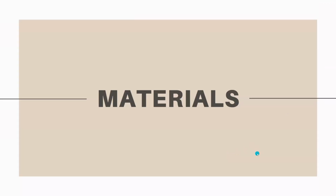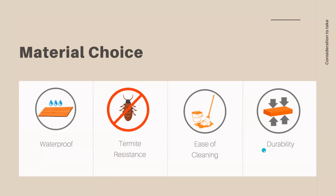Okay, so these are the layouts, what you should choose, and what is the impact of choosing that. So that's what we were trying to explain to you with the different layouts and different options which you have. Right? Coming into materials, which is very important as practical knowledge. How do you choose a material? What impacts the cost, right? So how do you choose a material? So what goes into the kitchen? So the core material